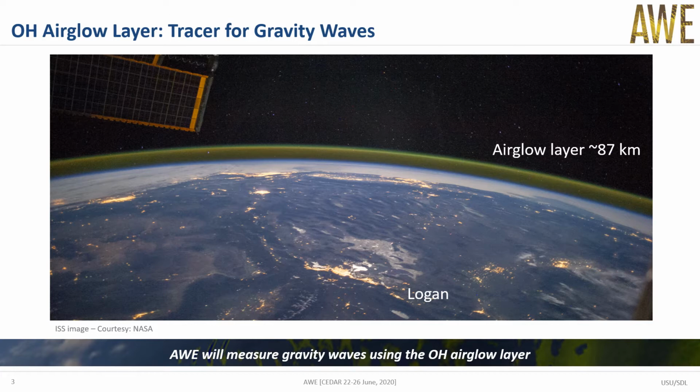This slide shows a beautiful image of the Earth looking down over the southwestern USA from the ISS. Note the green glowing layer visible in the limb that completely surrounds the Earth. This is a naturally occurring airglow emission layer. There are several different color airglow layers surrounding the Earth. For our AWE mission, we will image the OH infrared layer at approximately the altitude of 87 kilometers, which is the brightest emission but is not visible to the naked eye or to photographic cameras. I like to think of this layer as nature's gift to us, as it is an excellent tracer for gravity waves as they propagate into the upper mesospheric gateway region.